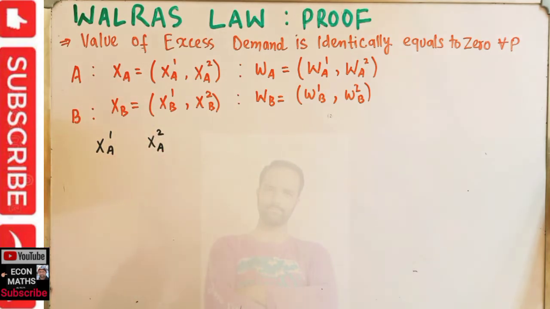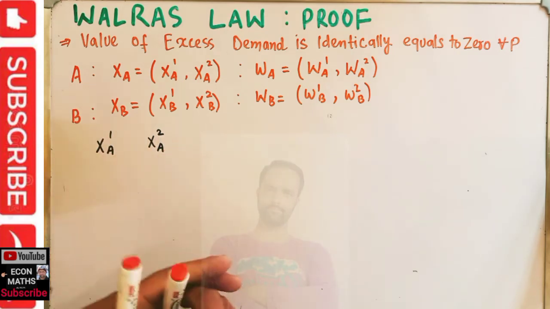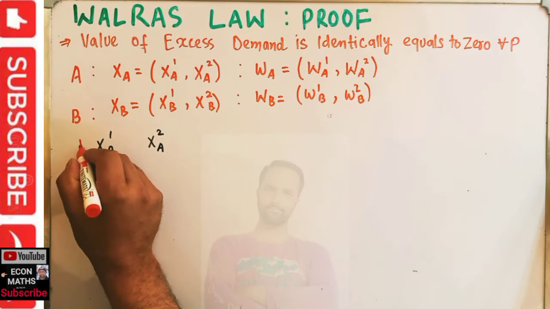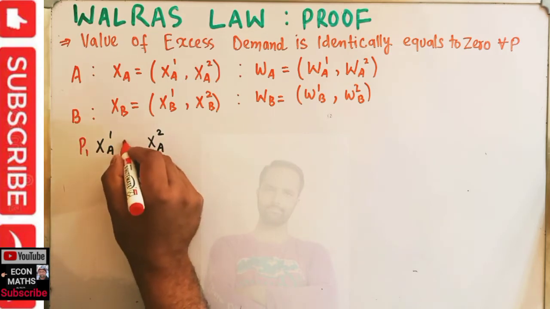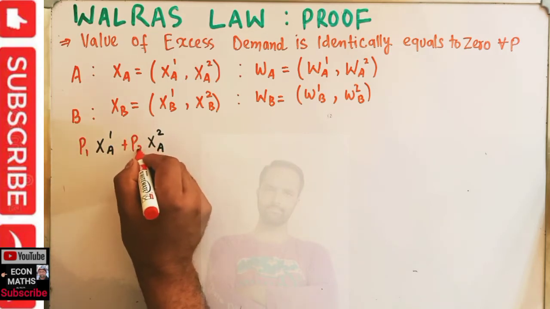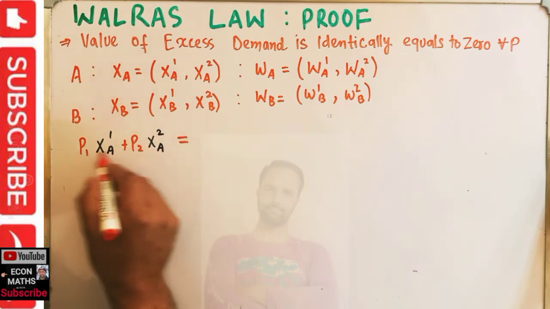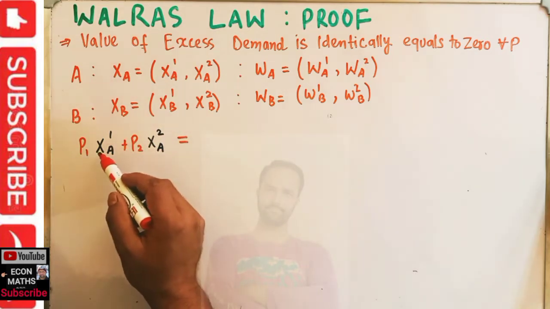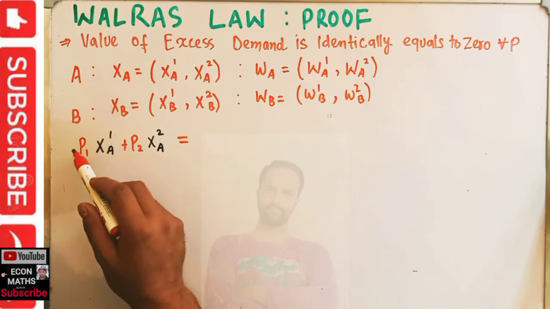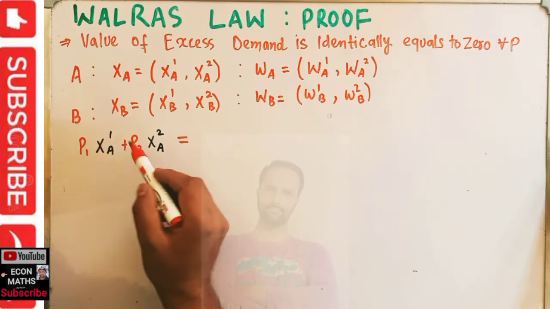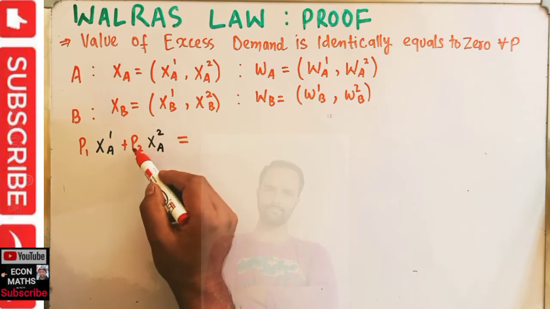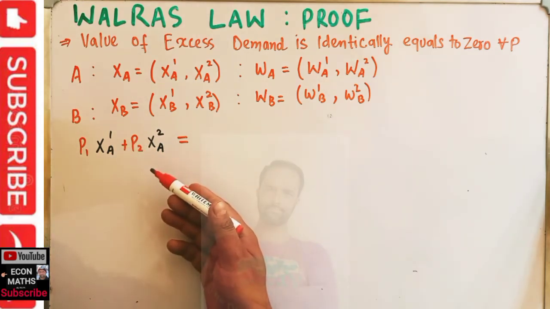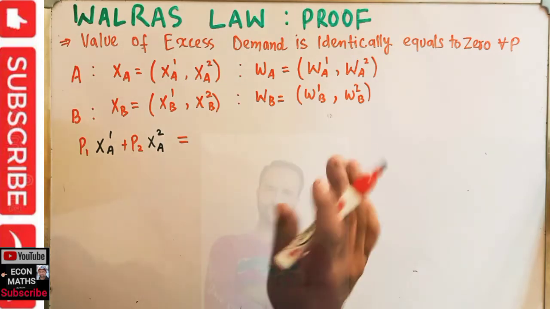These are the demands of good 1 and good 2 by person A. It will be equal to XA1 times the price of good 1 plus XA2 times the price of good 2. So this is the total expenditure. Simple stuff. Units of good 1 he is demanding times the price of good 1 plus units of good 2 he is demanding times the price of good 2